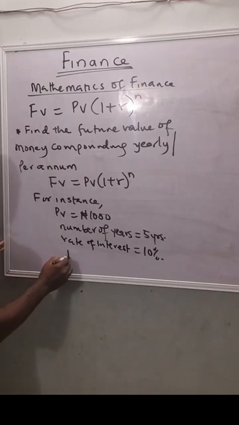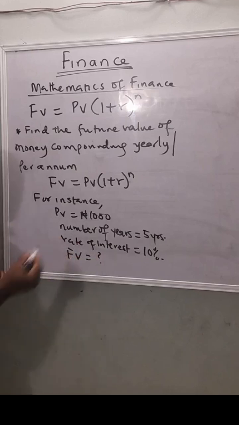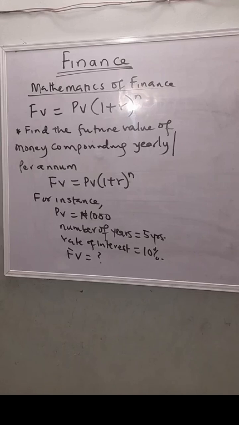And the question says future value, question mark. That means what you are seeing on the board: present value has been given as 1,000 naira. The number of years that this project will last, for us to get the future value, is 5 years. Rate of interest is 10%. And the question says find the